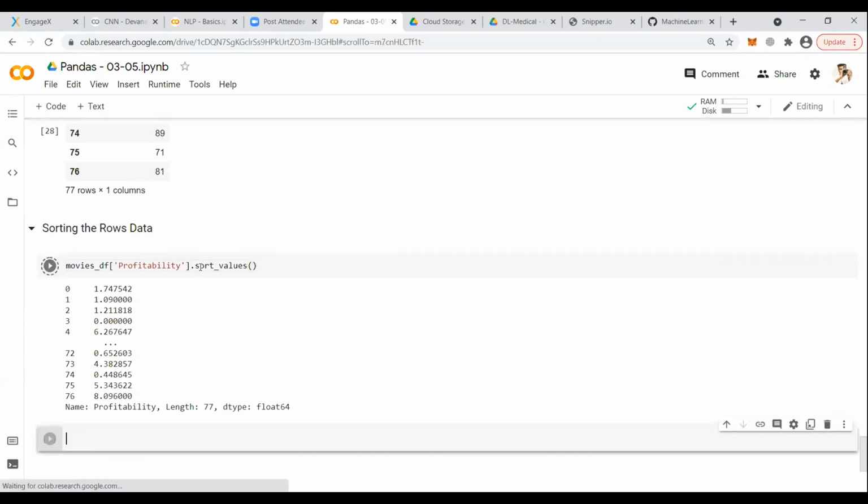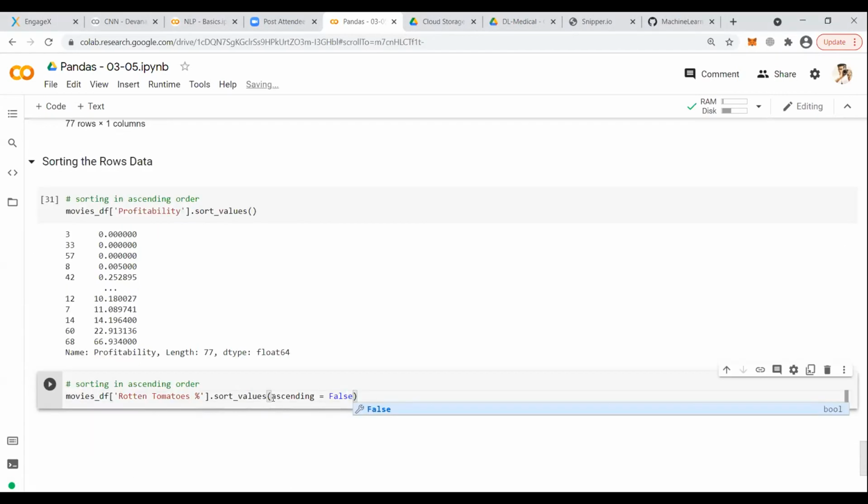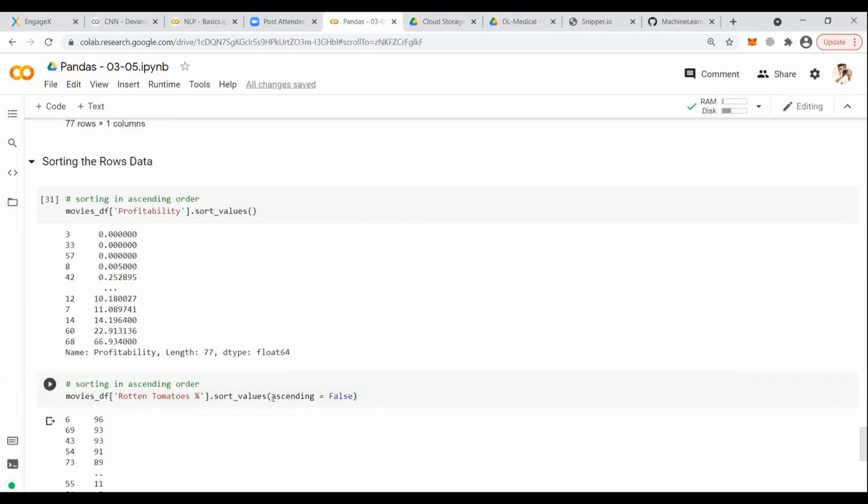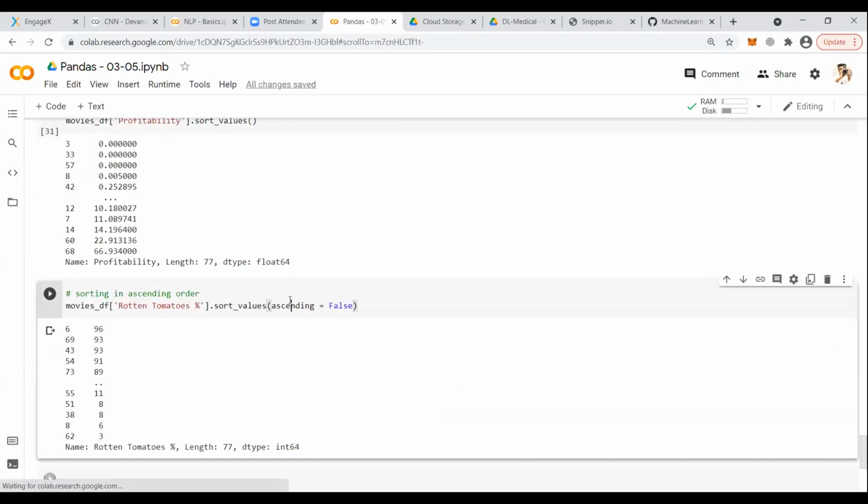Apply sort_values here, and they're all arranged in ascending order now. When we take ascending equals false, it means the data we are taking is arranged in descending order.